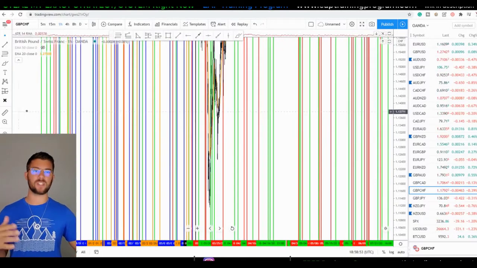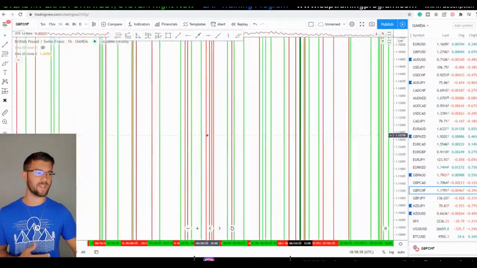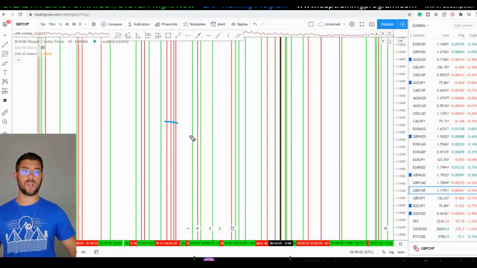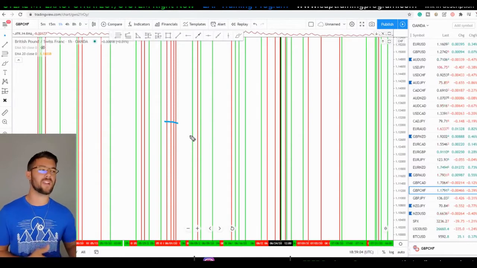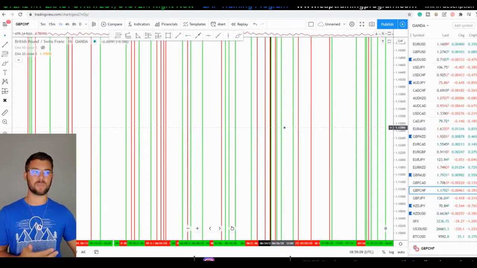But right now, just pay attention to red and green being wins and losses. As you can see, there's periods of time where we have 4 losses in a row. So as I said earlier, it's not like you're winning every single trade, but if out of 100 trades, I can win 60% of them,